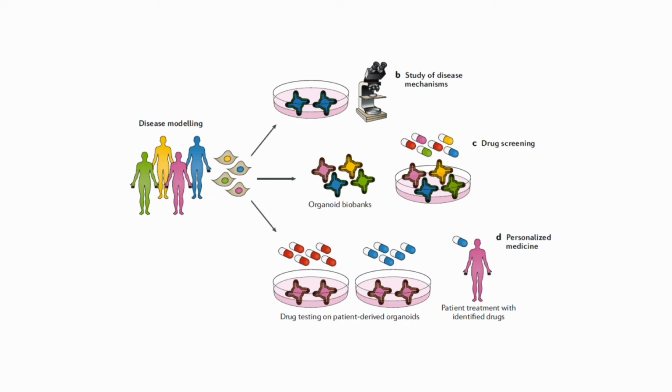For example, well, let's start at the beginning. When we try to model a disease, we have a cohort of patients, and we take their stem cells, making their induced pluripotent stem cells, as described earlier, and we can then analyze, for example, how this disease works, to do functional analysis, and by having greater cohorts, we can generate greater